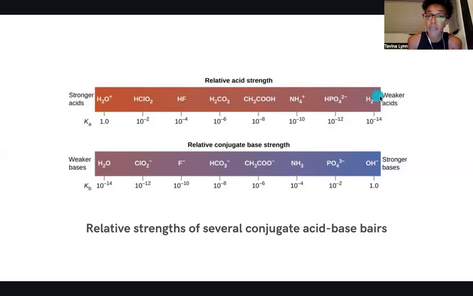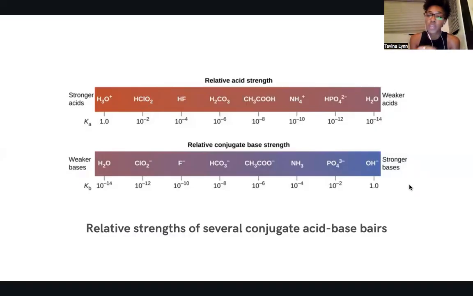And then we also have water, right? Because remember, water can be an acid or a base. Water as an acid's conjugate base is hydroxide. So notice that if we look at the acids going from left to right, we're going from stronger to weaker acids. And its conjugate bases are going from weaker bases to stronger bases. So we see this inverse relationship between the conjugate acid base pairs,